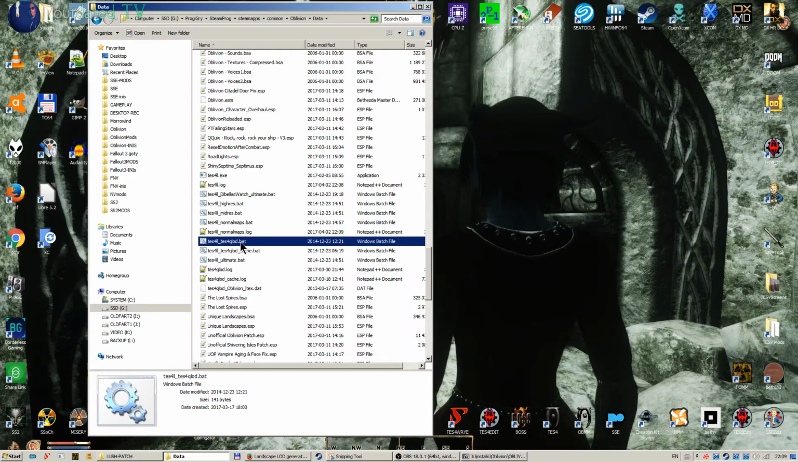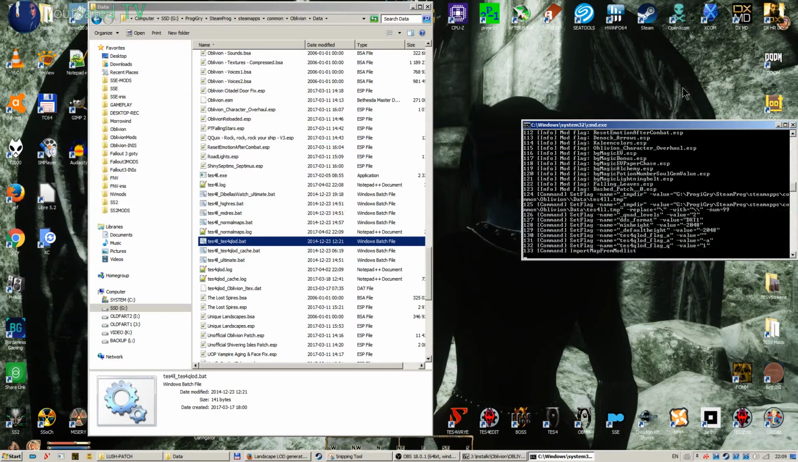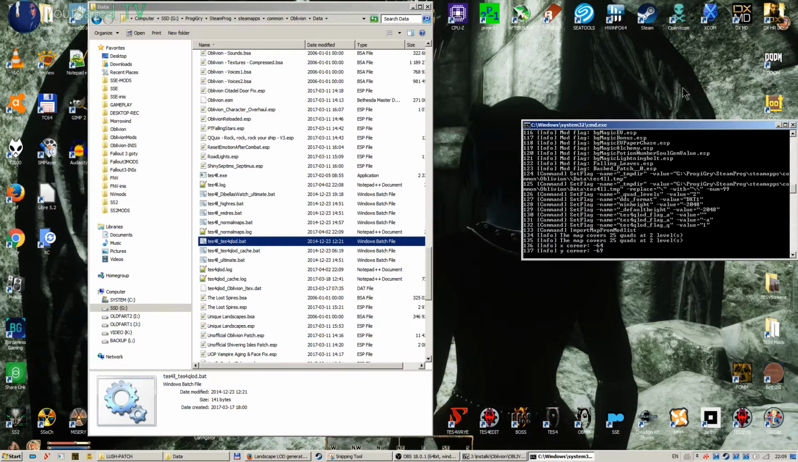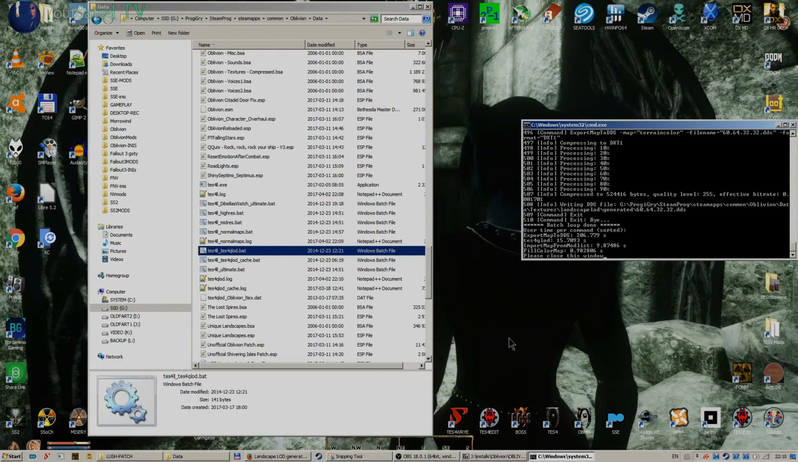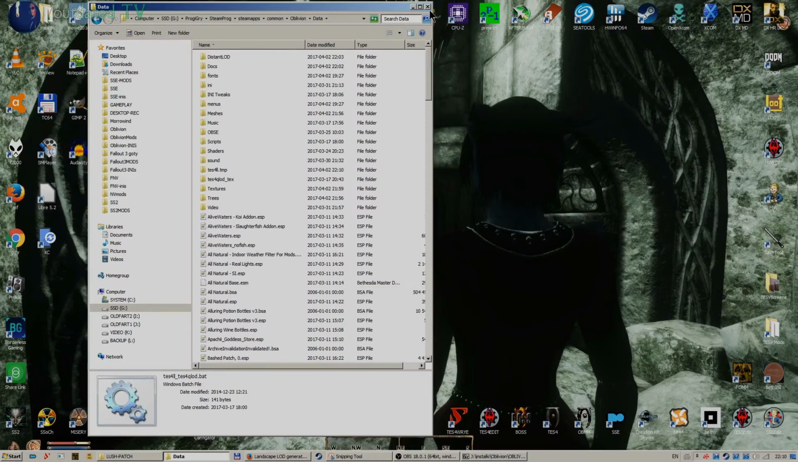TES4QLOAD.bat. And again wait for it to finish. Alright, job's done. Please close this window. So now the load was generated,